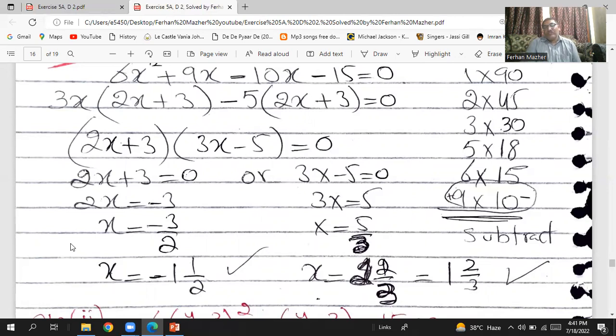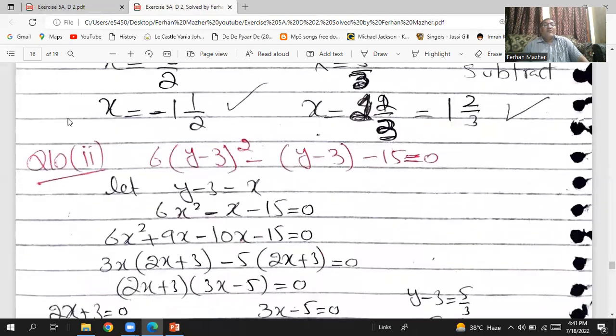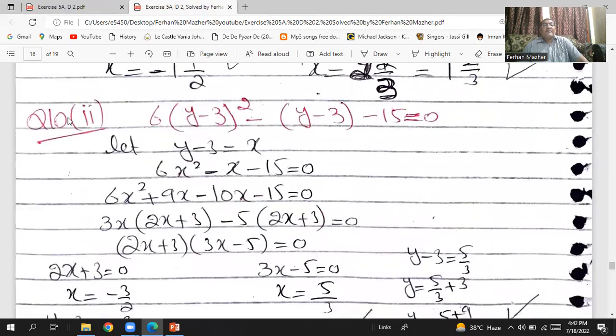So there are two solutions. One solution is minus 1 whole 1 by 2. The other solution is 1 whole 2 by 3. Okay. So now we are going to the B part. In the B part, he says